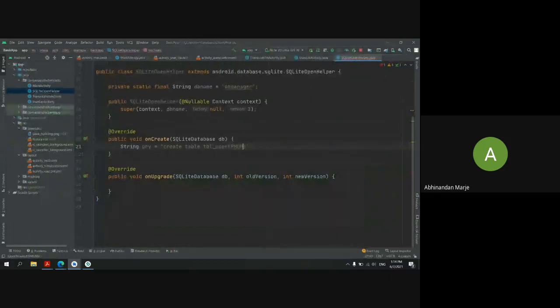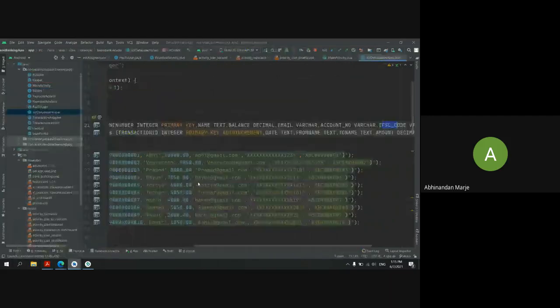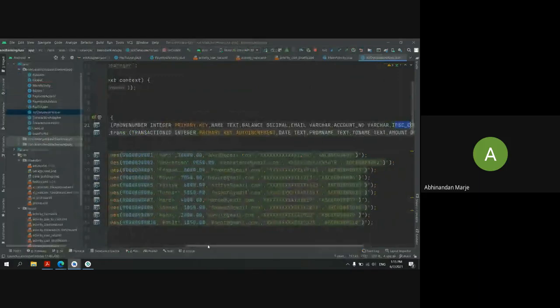The first thing is the phone number, and I will be passing it as integer and primary key. Okay, I passed my first one. The first thing is passed from here: the phone number, integer, and primary key.